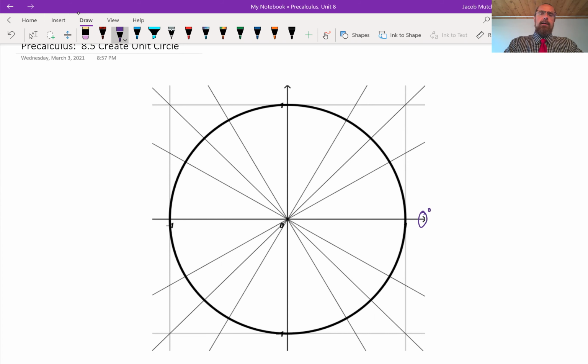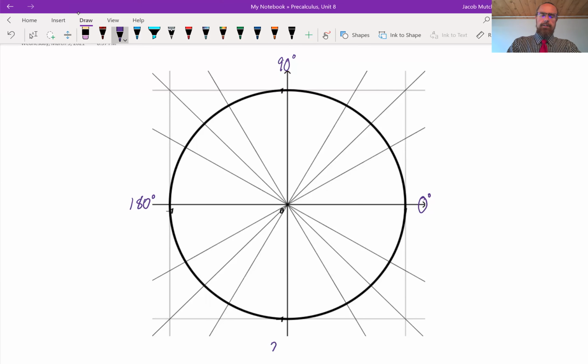Now, once I've marked that, I'm going to mark the increments that are 90 degrees. So you kind of take it by pieces to create the unit circle. This first positive y-axis is definitely 90 degrees from my positive x-axis. And we'll keep going with multiples of 90. So here at the left side of the unit circle is going to be 180 degrees. And then if I add 90 to 180, that's going to get me down here to 270 degrees at the negative y-axis. And then as I reach back around to where I began at standard position, I would mark that